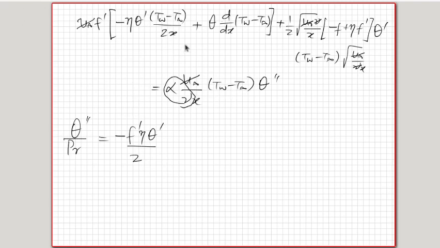So an x by t1 minus t infinity will come, so that will get cancelled against this. So I'll only have f prime eta theta prime by 2 with a minus sign, so that is this term, plus the f prime theta multiplied by d by dx of t1 minus t infinity